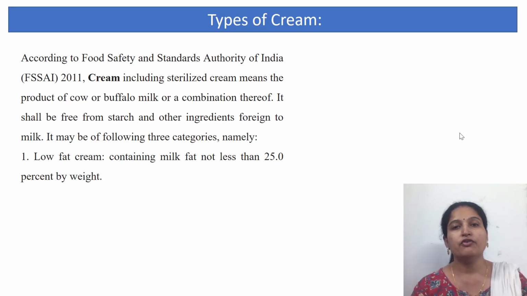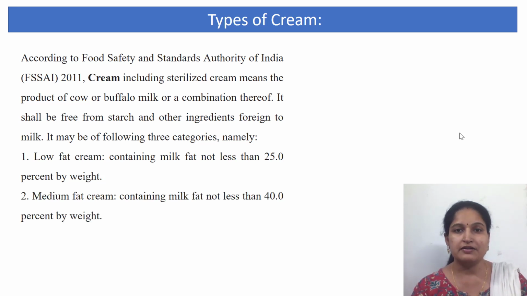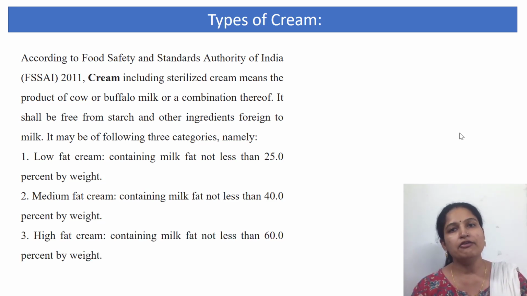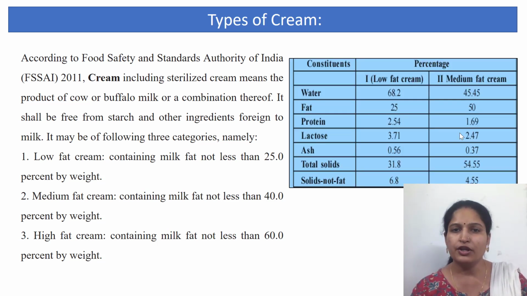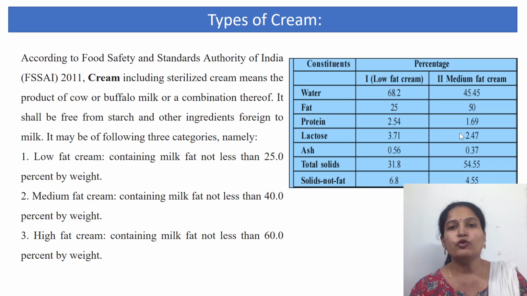It may be of the following three categories, namely low fat cream, its fat content should not be less than 25% by weight. Then medium fat cream, its fat content should not be less than 40% by weight. Then high fat cream, cream containing not less than 60% fat by weight. And if there is no mention of the percentage of fat in the cream, then the cream would be considered